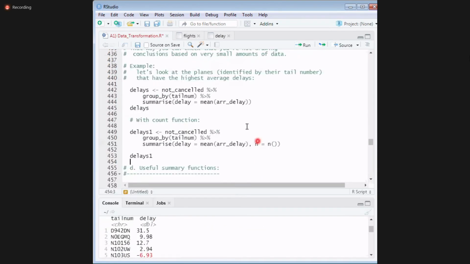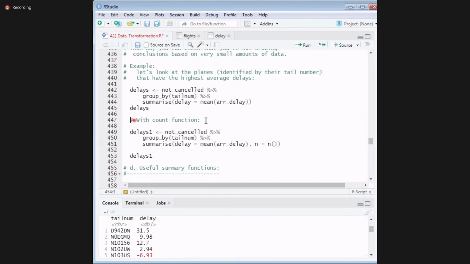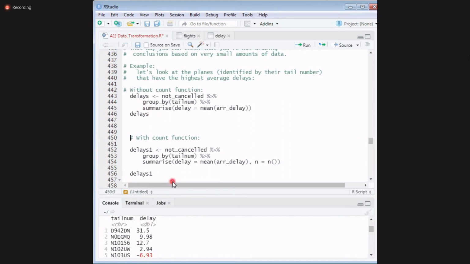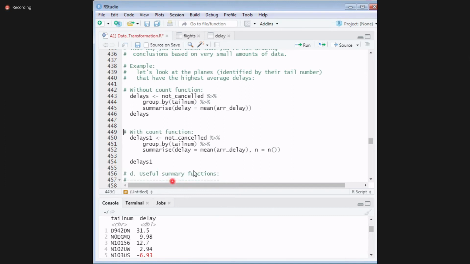So that is one function, and this is with the count function.